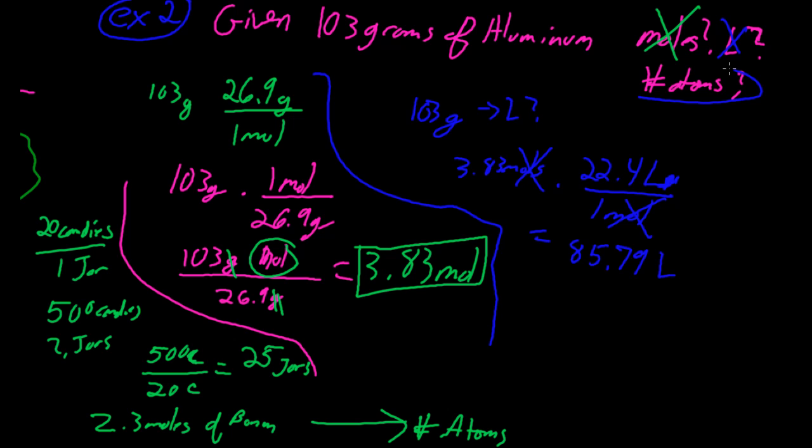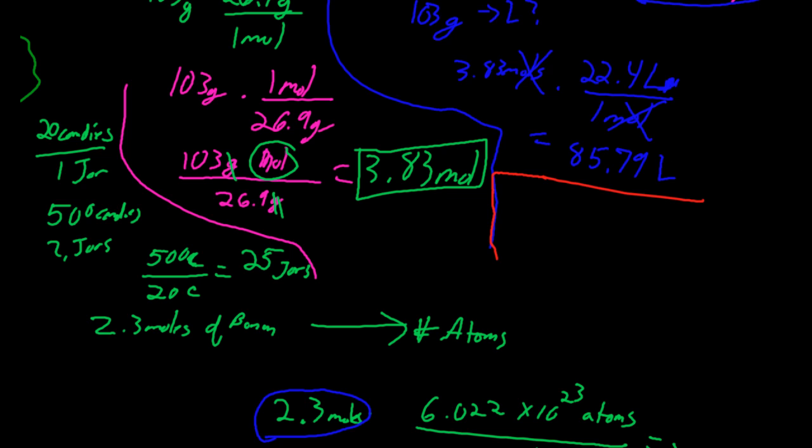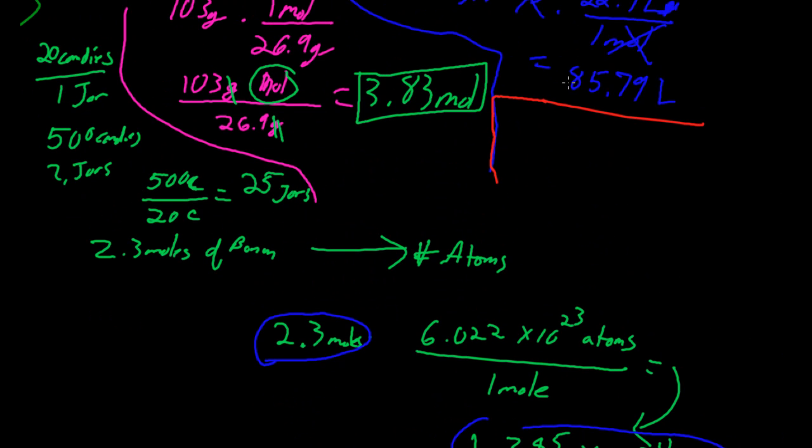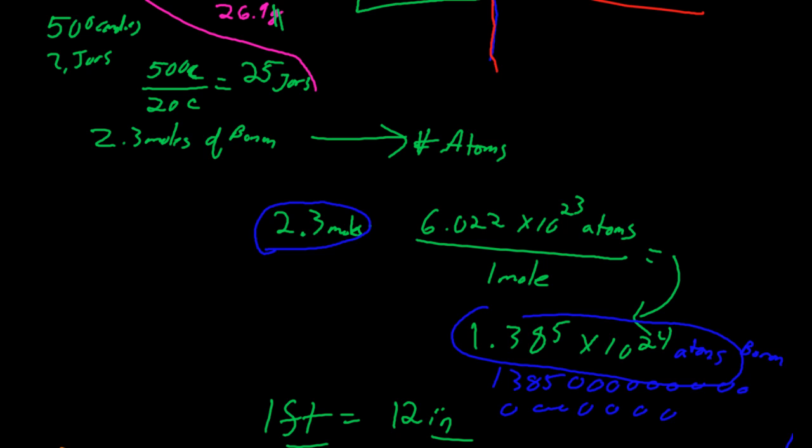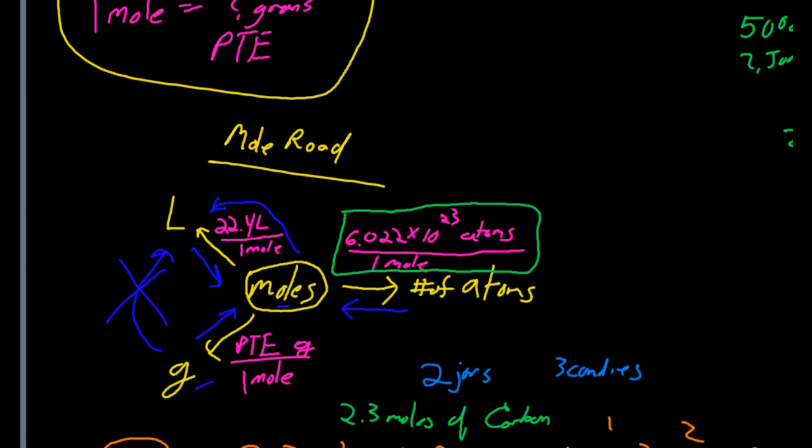So that's done, and now we just need to find the number of atoms. And to do that, we'll go with red here. We just need to use Avogadro's number. But first, we'll answer this question: can we use this value, this 85.79 liters, to find the number of atoms? And this is why the mole road is helpful, to draw it out this way. It illustrates it nicely, because, as you can see, everything needs to go through moles to convert it to